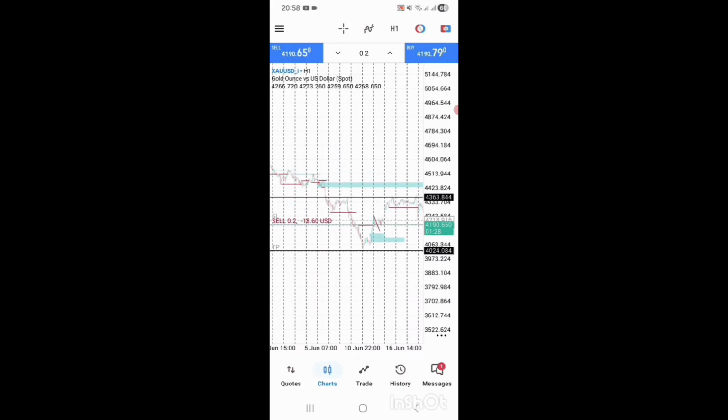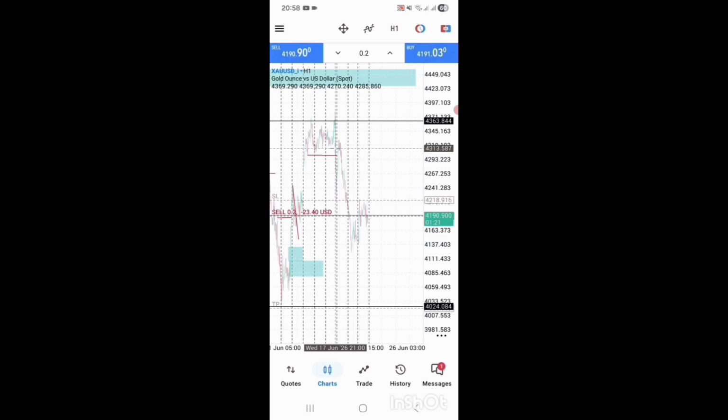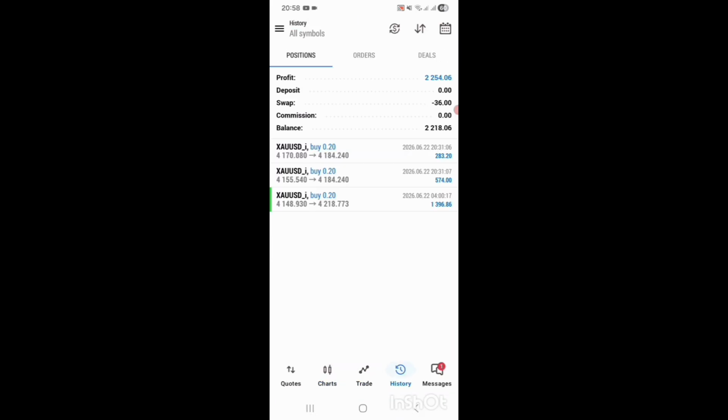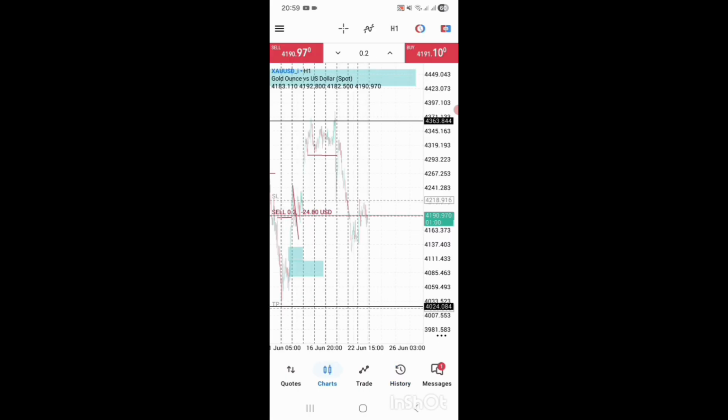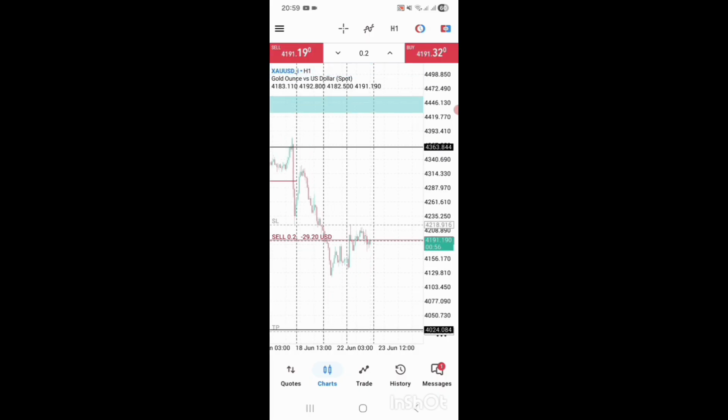It looks like it's going to do what it did here. You see how this new high had nothing to come back to? Same way as this high has nothing to come back to. So let's see if it will continue down. If I'm wrong, I'm wrong. I have a stop loss of 500 and something, and if I'm right, I have 3000. And even if not, everything's not lost. If I lose out on this 2000, still I'm only like 500 less off. And let's see how it goes.